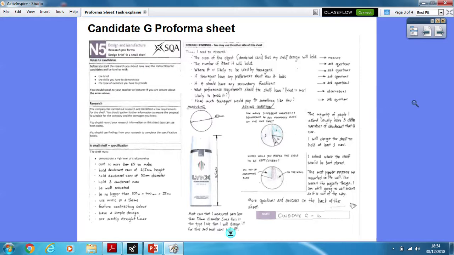So that is basically what you need to do when you produce your Proforma sheet. But just to emphasize, you can't do this unless you know how to implement a research method. For example, how do we write a questionnaire? Now, I've produced videos that will show you how to write a questionnaire, so you really need to watch these videos and have a go at producing a questionnaire before you would even tackle